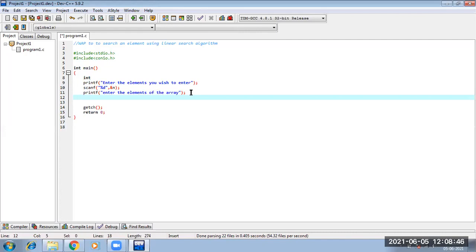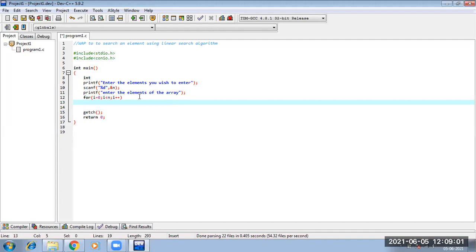Fine. After this we run a loop: for i equal to 0, i less than n, i plus plus. Inside that loop we take the elements, right?